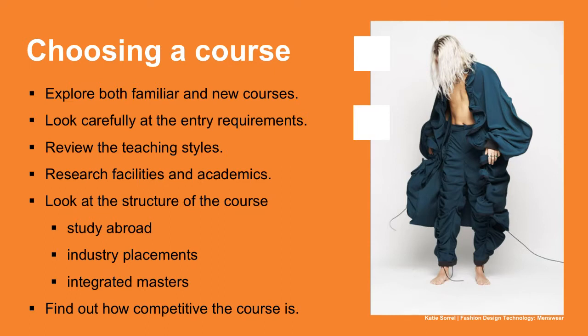So also looking at the facilities and the teachers as well, what their backgrounds are, what they've done before, what kind of industries they've worked in can be really useful in getting a better idea about what it is you might want to do. The course structure, what an average week will look like, whether there are options to study abroad, industry placements, how many contacts there are, or how many aspects of the program are linked in with industry. Some programs lead nicely into MA programs as the 4th year of the program.